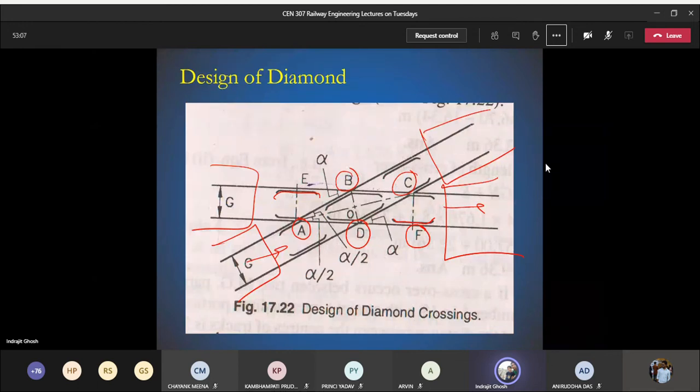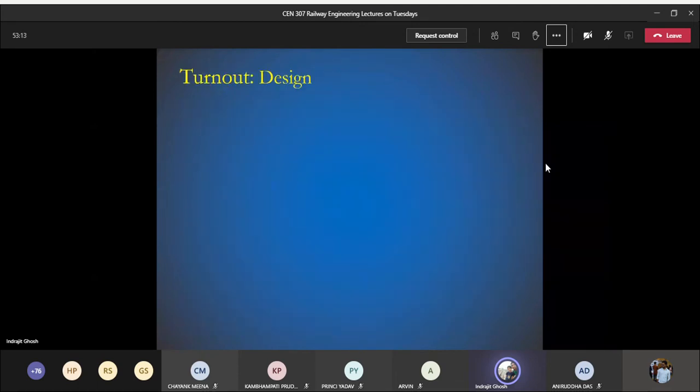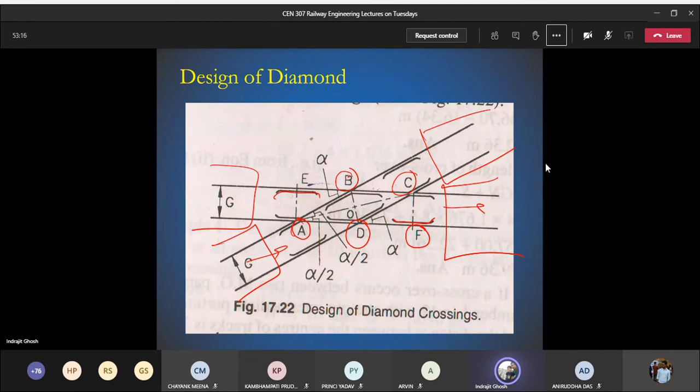Okay, so mark this point, draw it on an exercise book that this is point A, this is point B. This is point C, this is point D. Okay, and the point vertically opposite to A is E. The point vertically opposite to C is F. Mark those points.